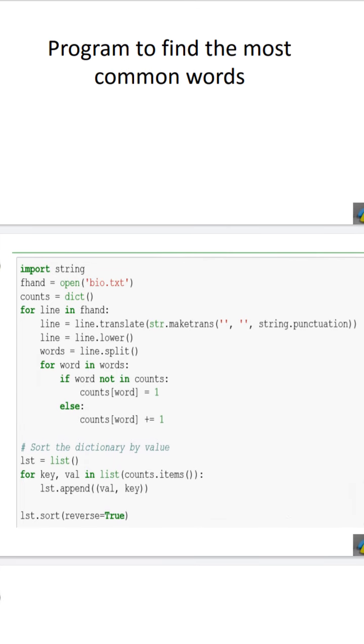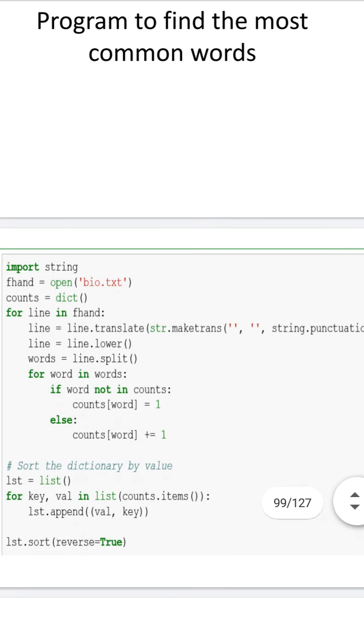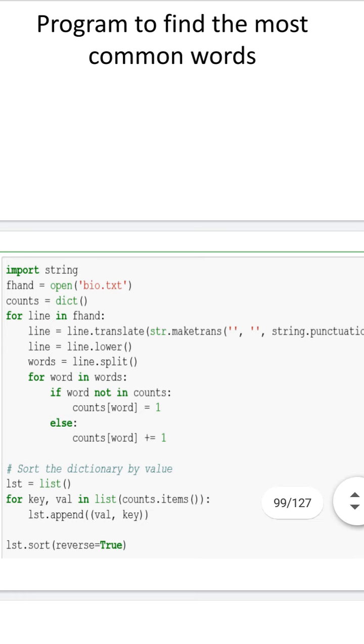It is allowing only read operation on bio.txt. After that, I am creating a dictionary variable by calling the dictionary constructor. In this example, counts is a variable of type dictionary.